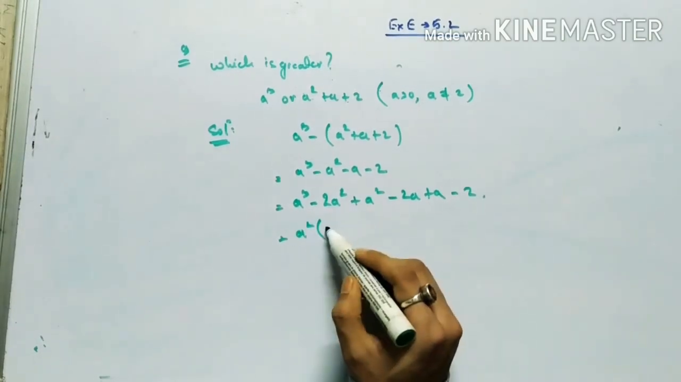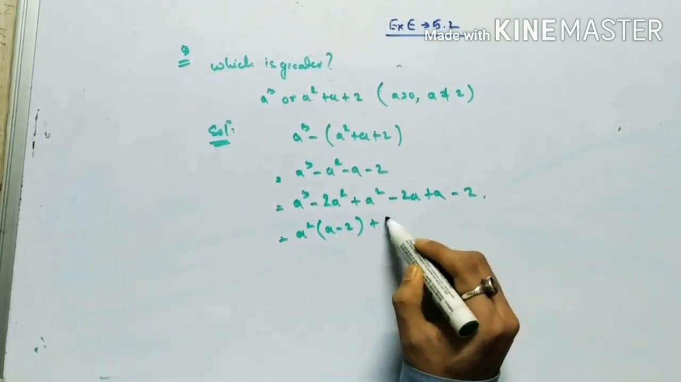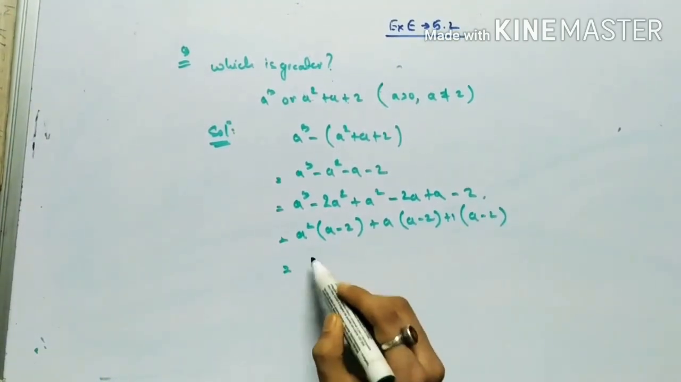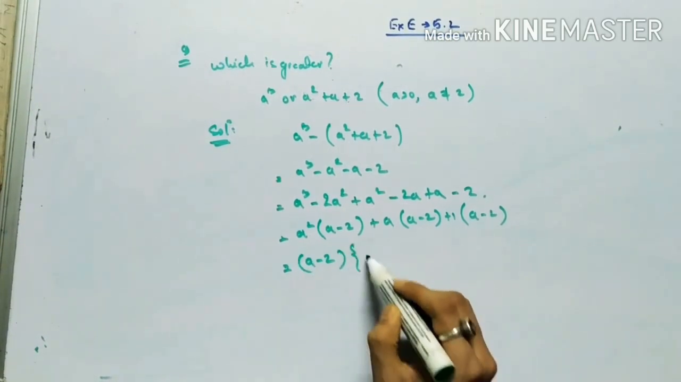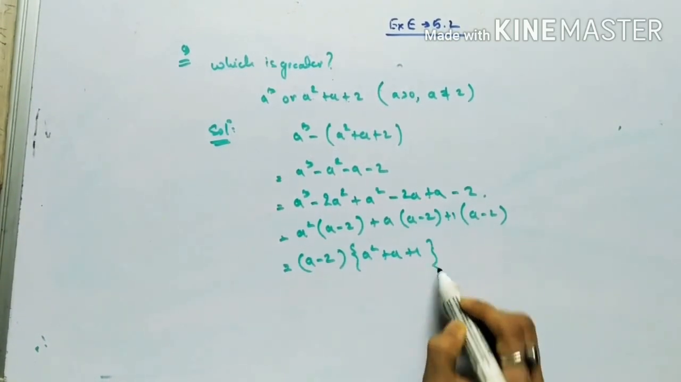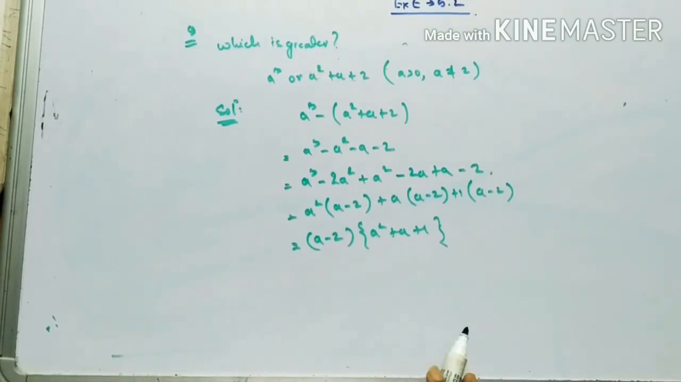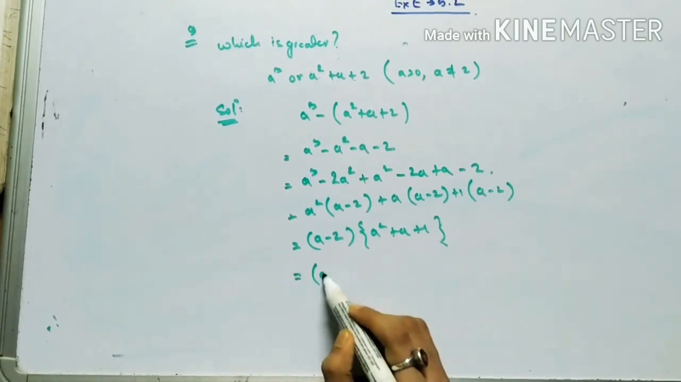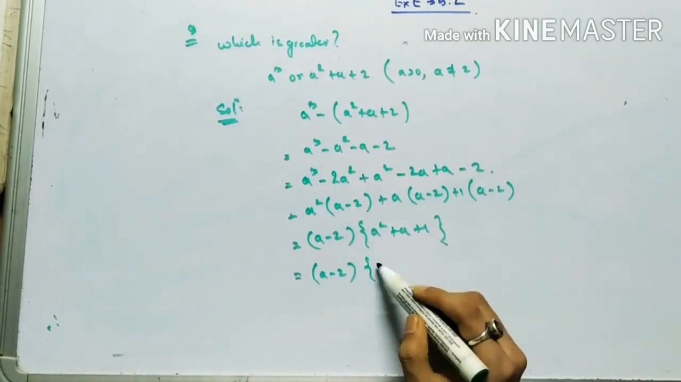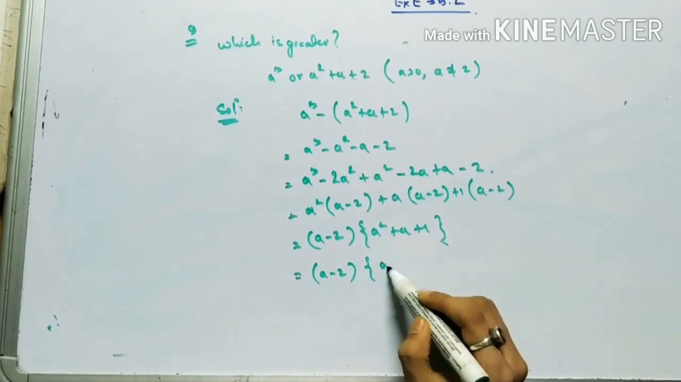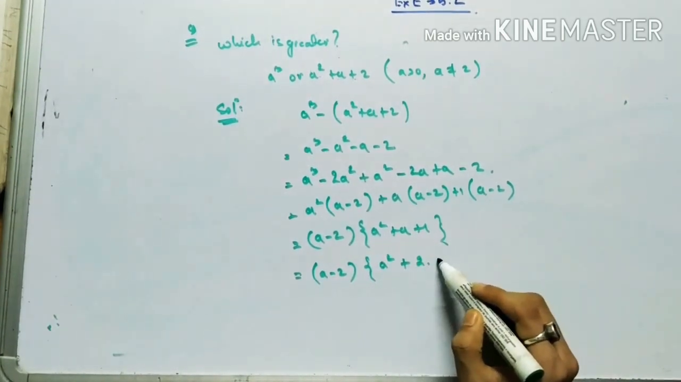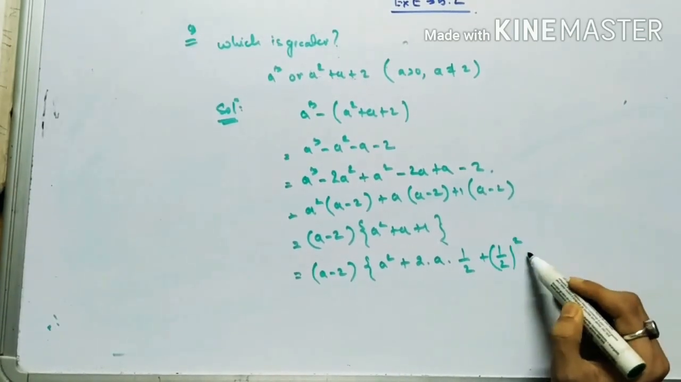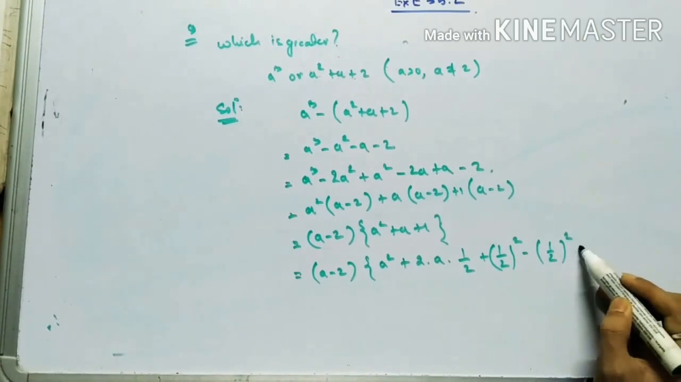From here if I take a square common, I will get a minus 2, and a common, a minus 2 plus 1 common, a minus 2. So from here I can take a minus 2 common, and I will get a square plus a plus 1. Okay, so now here you see, a minus 2, this one I can write as a square plus 2 into a into 1 by 2 plus 1 by 2 the whole square minus 1 by 2 the whole square